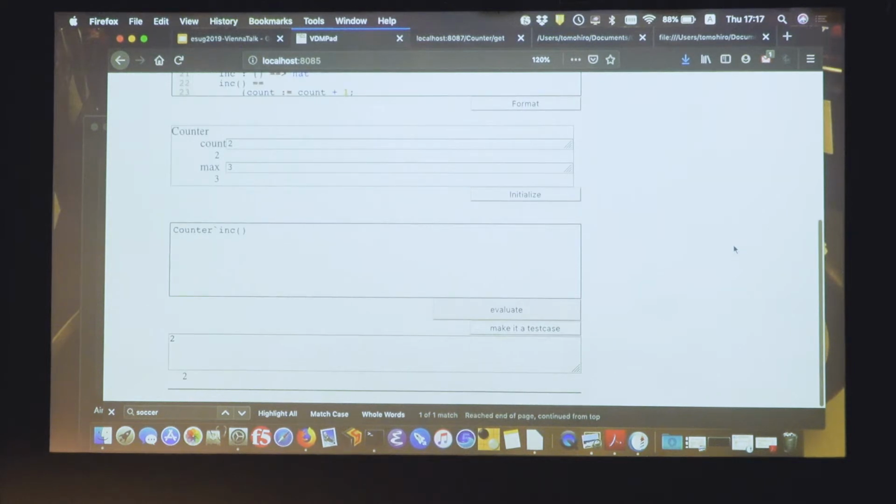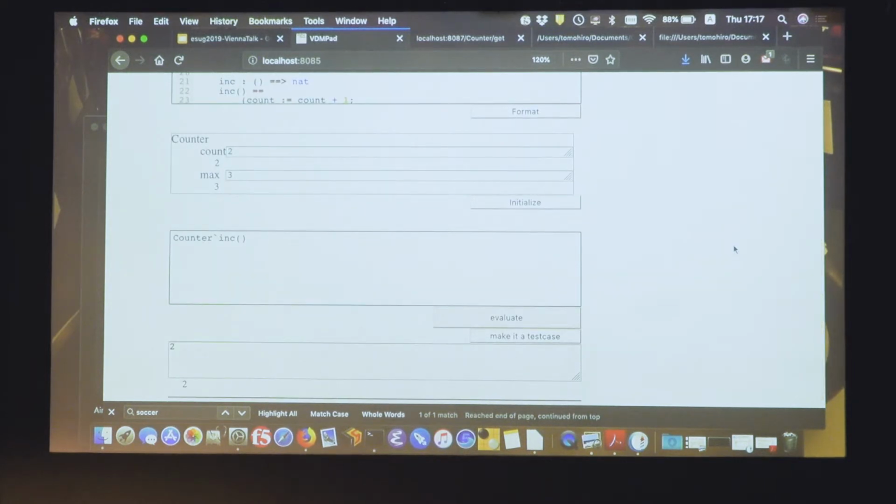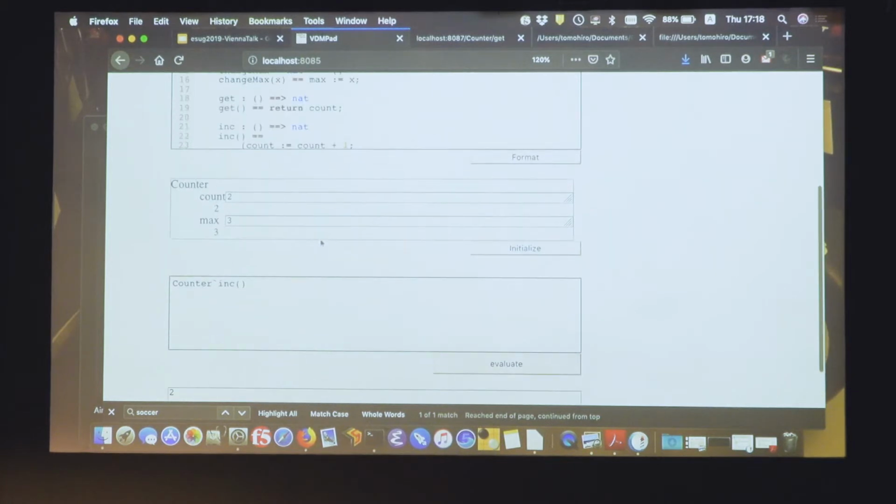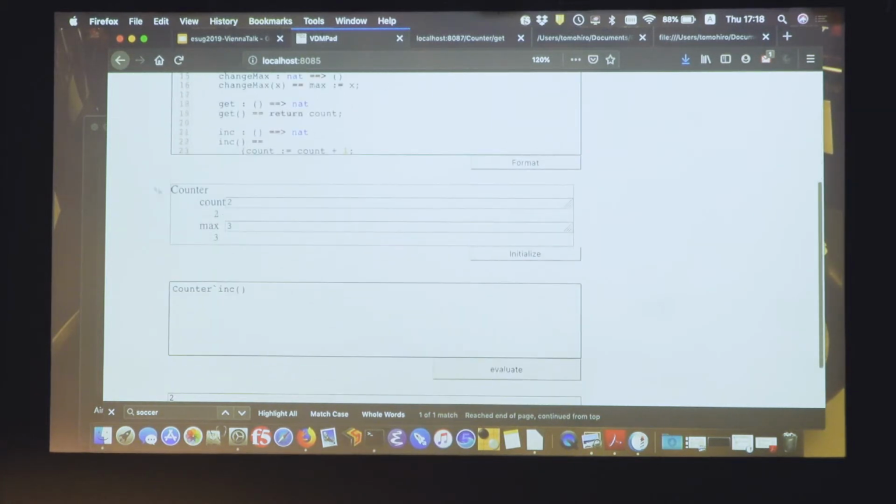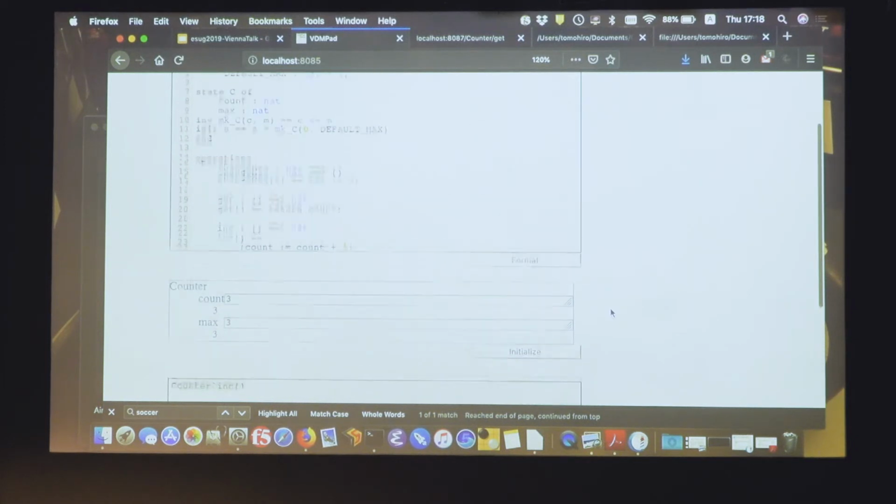Okay, turn on unit testing. So this is the make-a-test-case button that creates a test case for this specification without writing test code. The previous execution, where count equals 1 and increment then get gives 2, becomes a test case. And if I evaluate again,